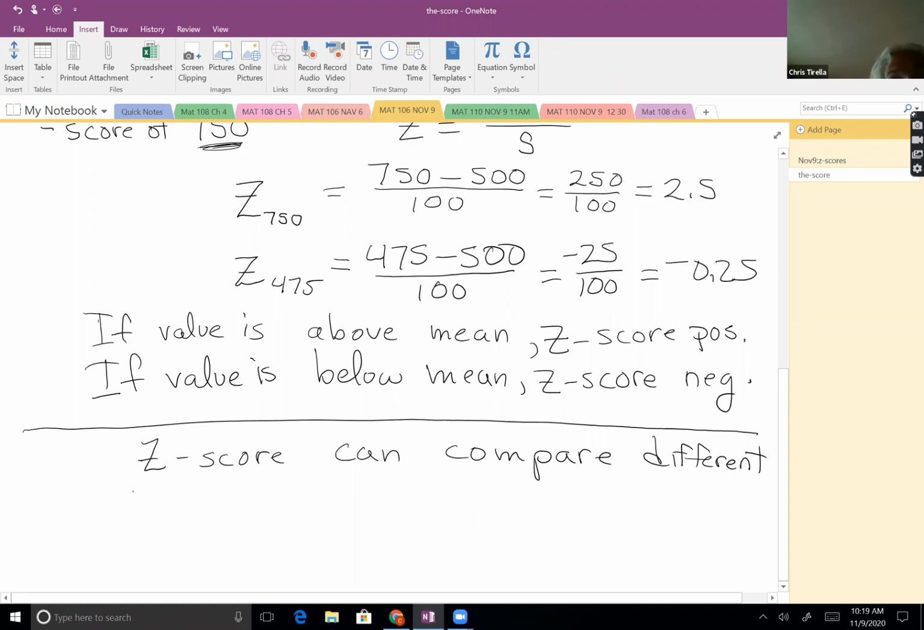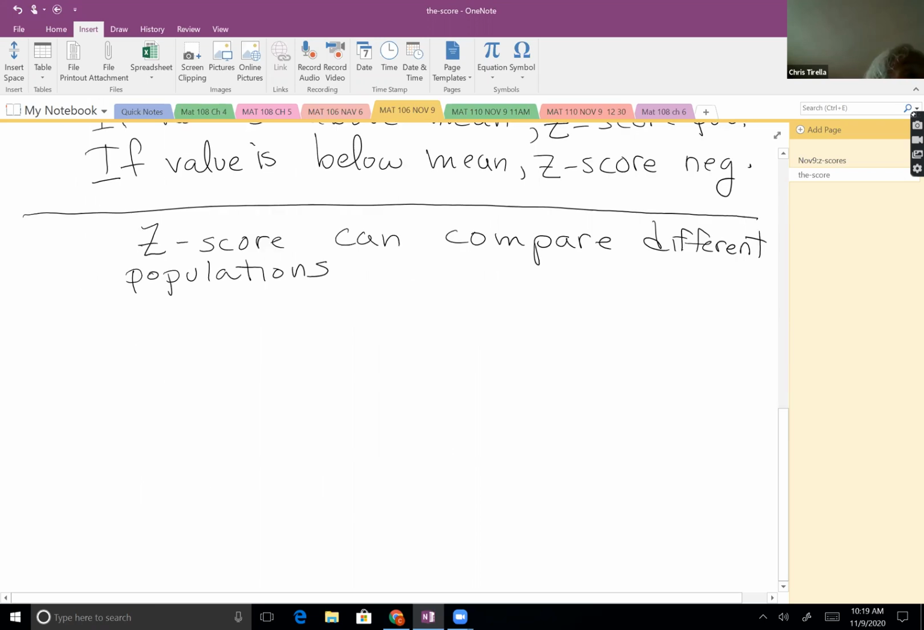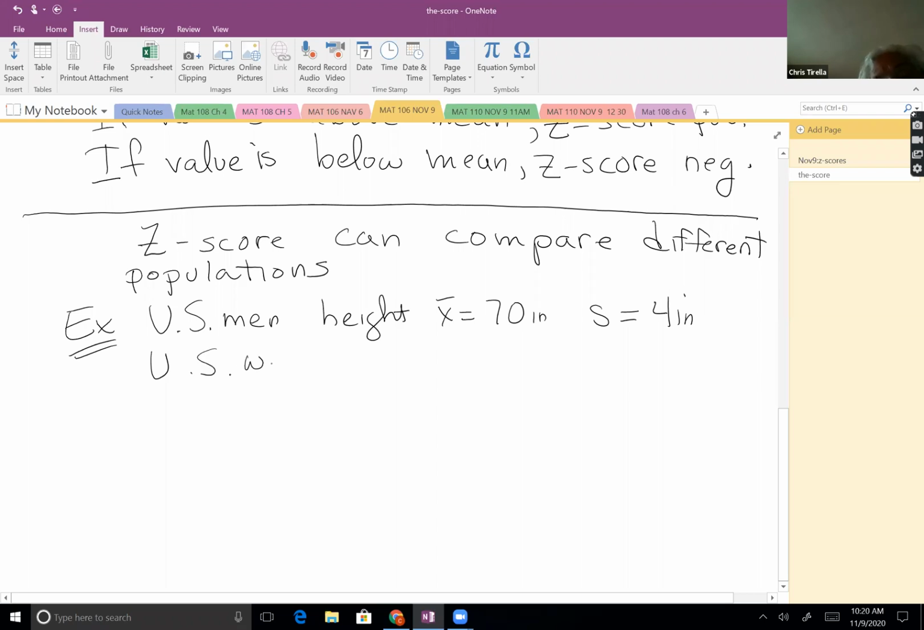And what do I mean by that? I want to go back to an example that we had looked at on Friday. We had said for American men's heights, the mean was 70 inches and the standard deviation was 4 inches. Well, we never mentioned, I don't think, that for American women,